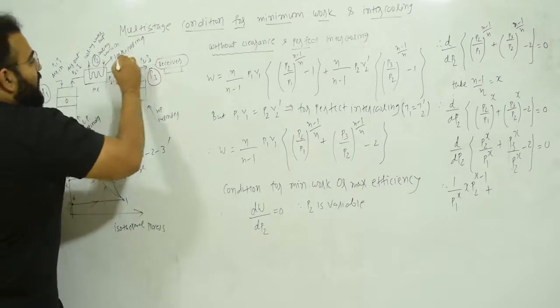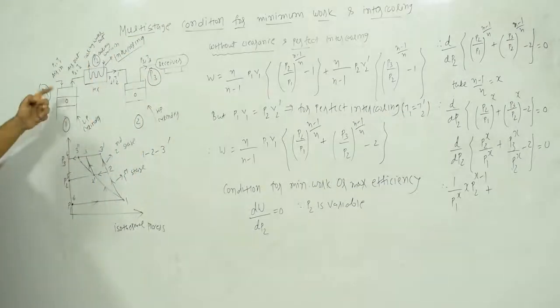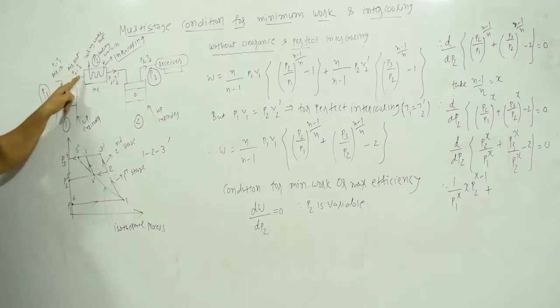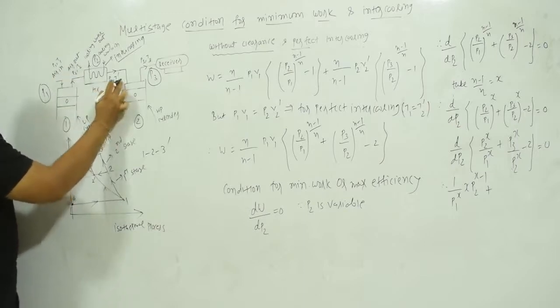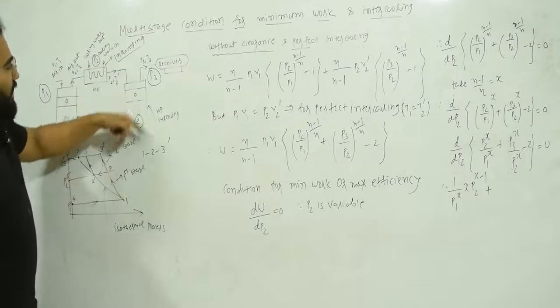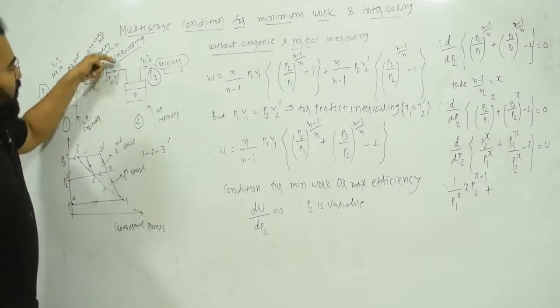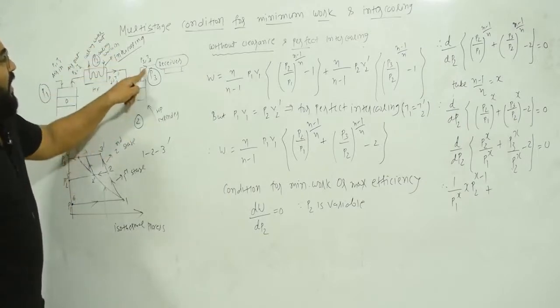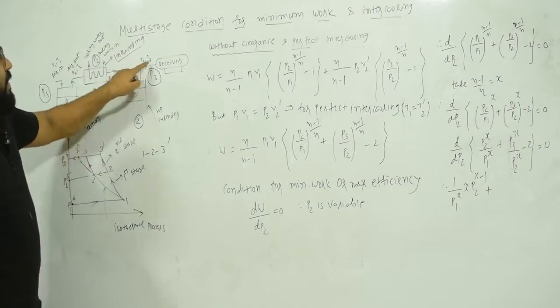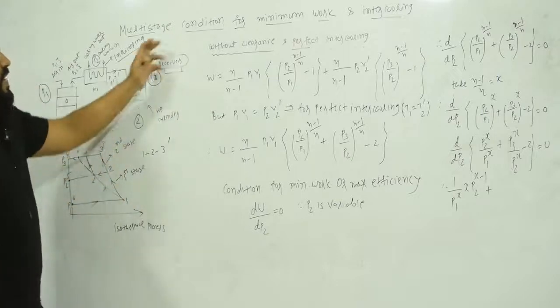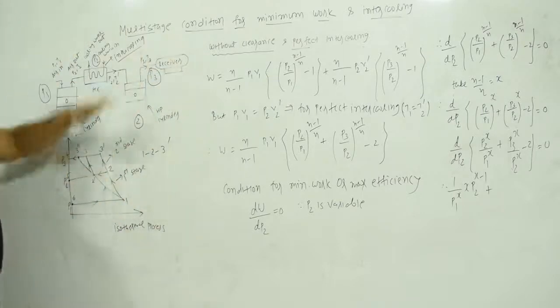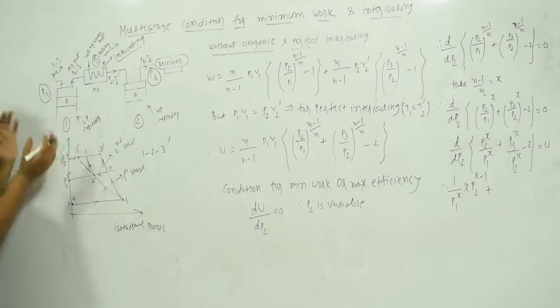Now here you can see air in at P1, T1, air out at P2, T2. Here, at a constant pressure, intercooling is done. So pressure P2 is the same, but temperature is reduced from T2 to T2 dash. Now in the second compressor, the air comes in with pressure P2, temperature T2 dash, compression is done, and the final pressure P3 and temperature T3 are obtained, and then it goes to the receiver, where the high pressure air is collected. So this is how it works, this is the technicality of this theory.